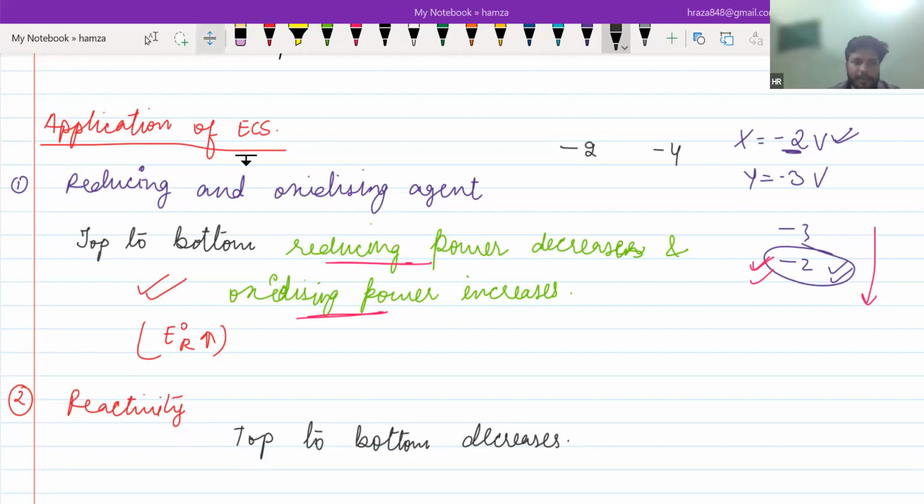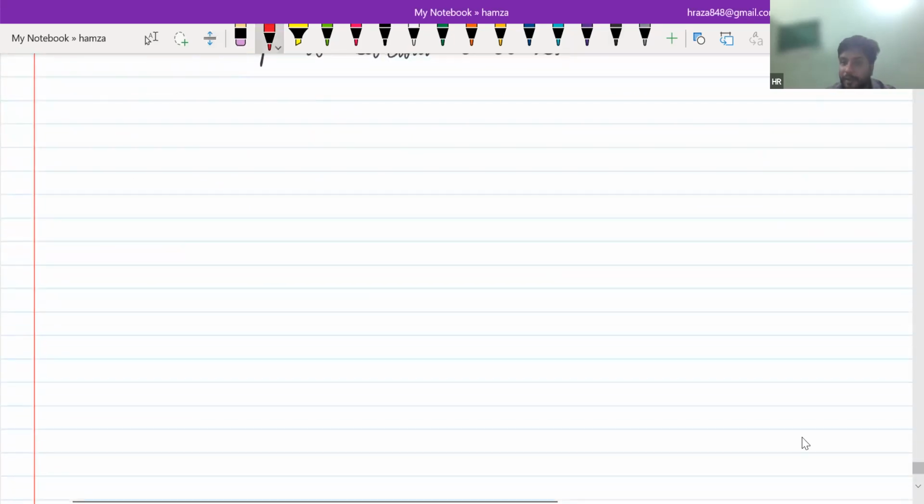Now, the next application is very important: metal displacement. In metal displacement reactions, we use this value to predict which one will be displaced and which one will not be displaced. So the third application is metal displacement. The metal which lies above in ECS can displace